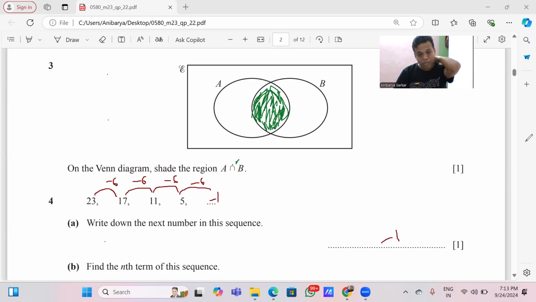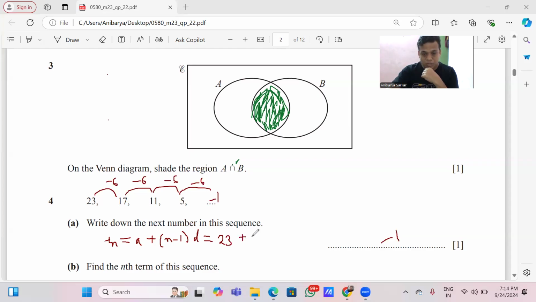Now the next question is to find the nth term of the sequence. So how do we find the nth term? To solve nth terms, we use the formula. The formula is the AP formula, arithmetic progression formula: Tn equal to a plus (n minus 1) into d. So what is a? A means first term. The first term of the series is 23. So I'm writing 23